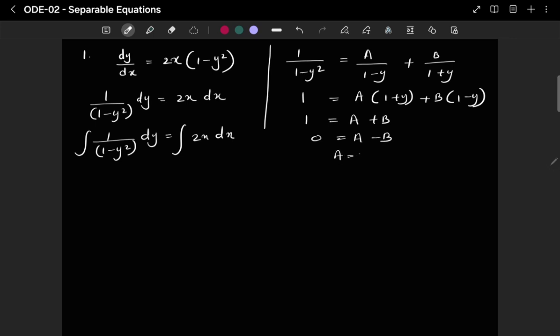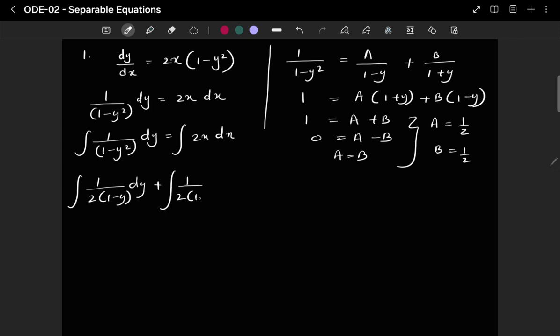So a equals b, and from these simplifications we get a equals half and b equals half. Substituting the a and b values, we can write 1 over 2 times 1 over (1 minus y) dy plus 1 over 2 times 1 over (1 plus y) dy